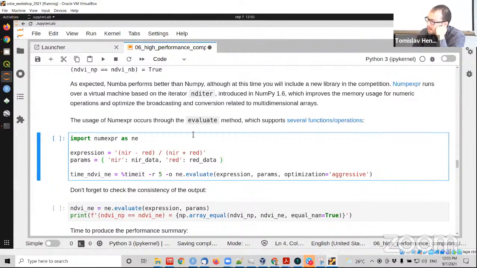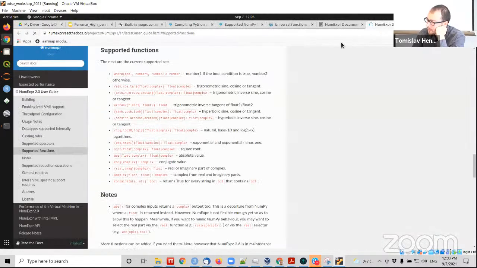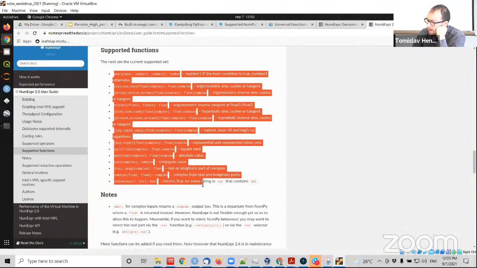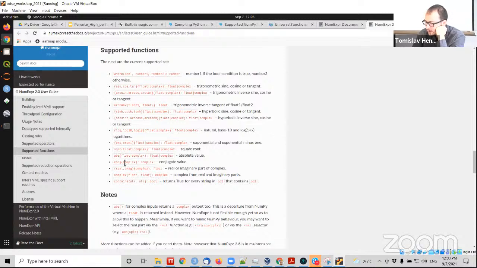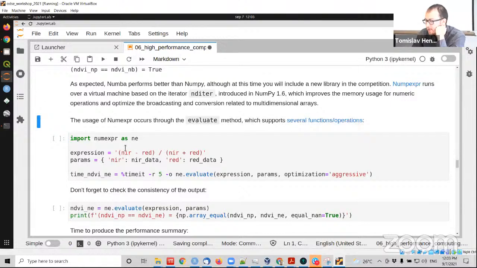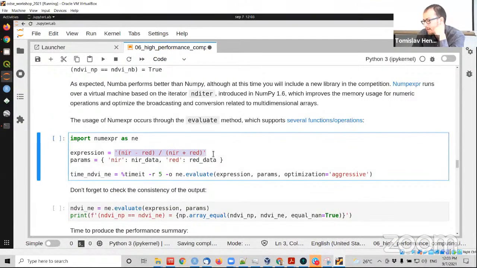The main method is this evaluate method, and you have all these available functions like cosine and arctan2 and things like that. All these functions are supported, and you can write your calculation as an expression. You can see this is actually a string, a calculation for the NDVI,